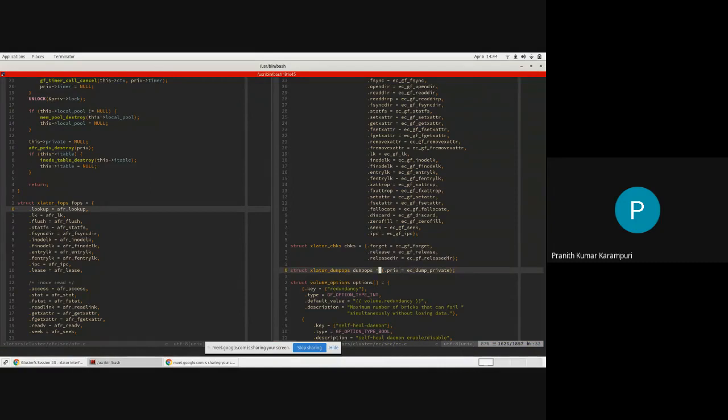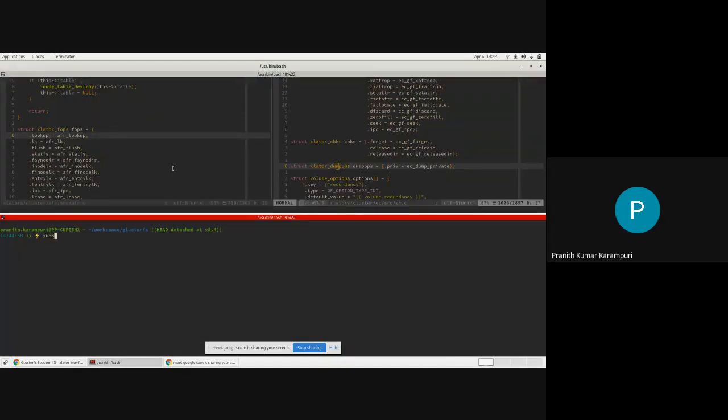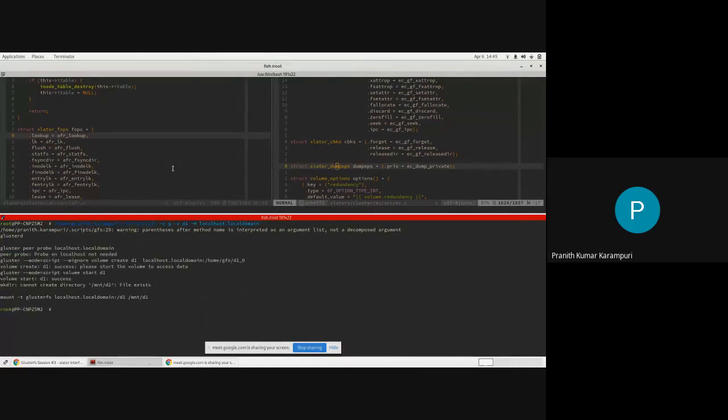And in these dump ops, different Xlators will implement different dumping operations. So we can actually look at how the dump ops are used. I can probably show you. If we create a normal distribute volume, there is this hidden directory called meta.